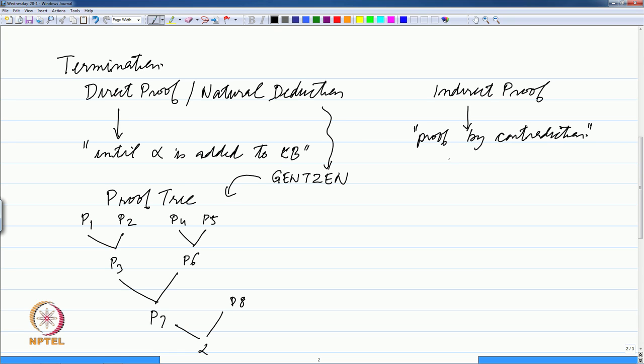And what do we mean by this? That if you add the negation of the goal, so we often use the term goal for the formula that we want or the sentence we want to prove, which means the negation of alpha, to the knowledge base, then this results in a contradiction, which we write as